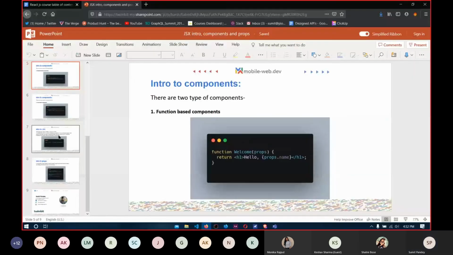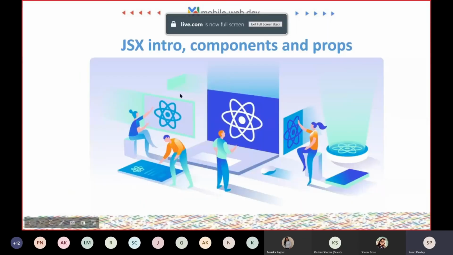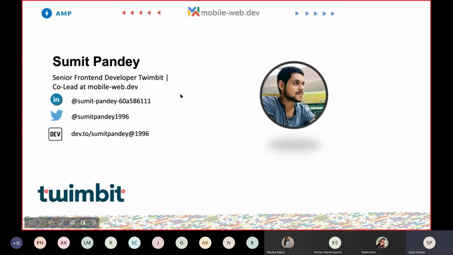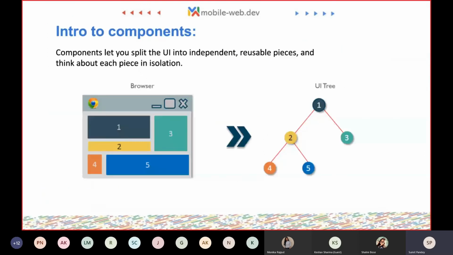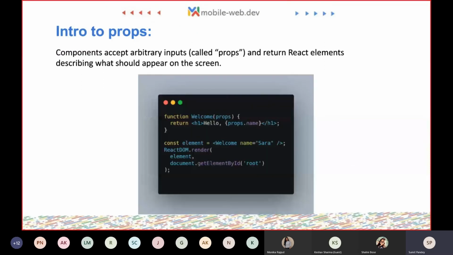Okay. Props. Every component, like an HTML element, accepts some kind of attributes like ID, class names, and others. Same case with props. A component accepts arbitrary inputs called props and returns a React element describing what should appear on the screen. So using that technique,